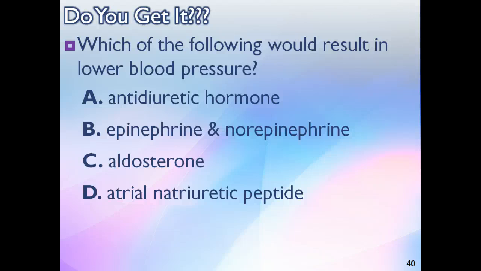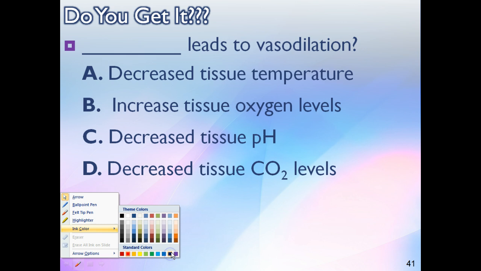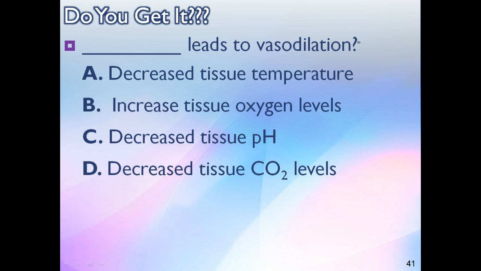Which of the following would result in lower blood pressure? ADH, epinephrine, norepinephrine, aldosterone, or ANP? Well, hopefully you recall, since this is all review and you should already have this memorized, the only one of these four that causes a drop in blood pressure is atrial natriuretic peptide, or ANP. Last but not least, blank leads to vasodilation. Remembering, we want to vasodilate based on what we just went through. We want to vasodilate in order to increase blood flow, and we want to increase blood flow because tissue